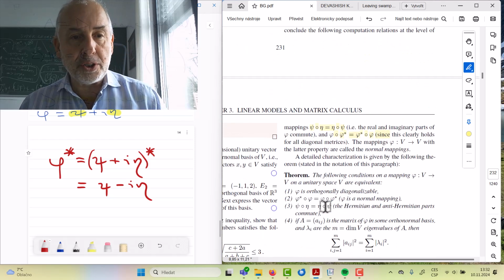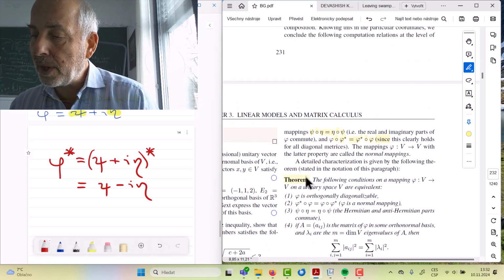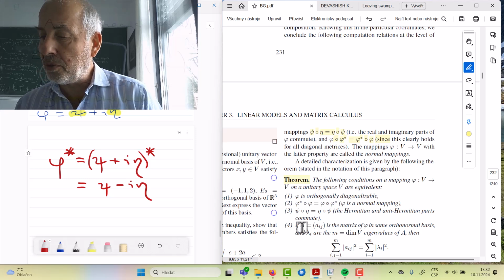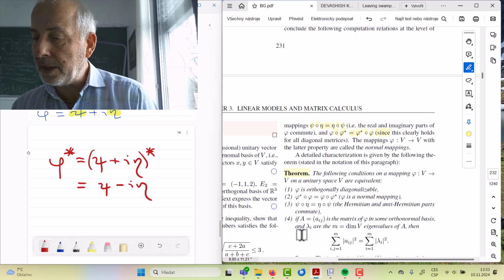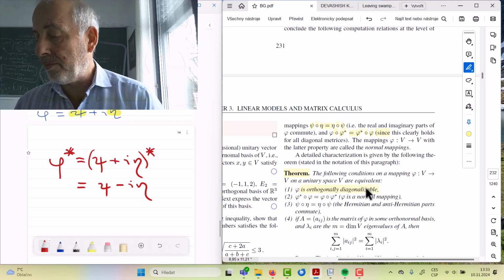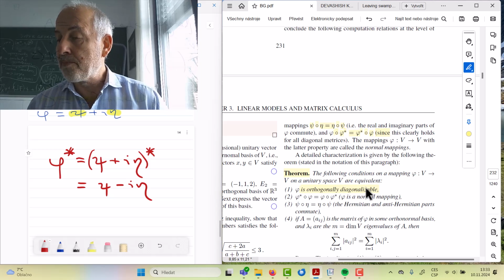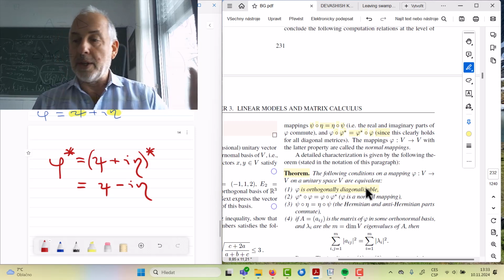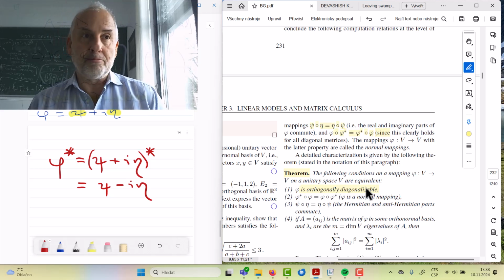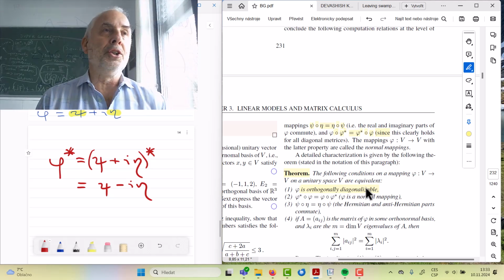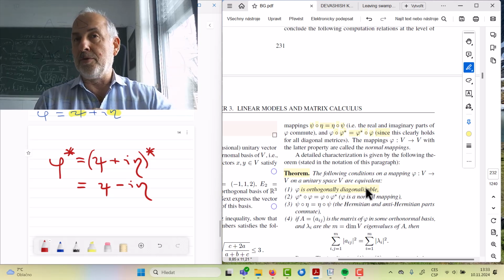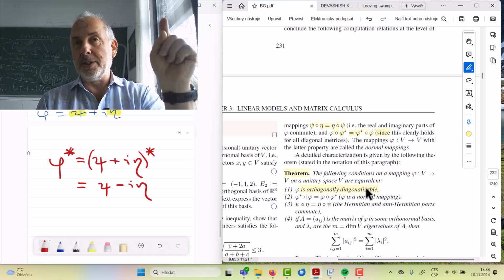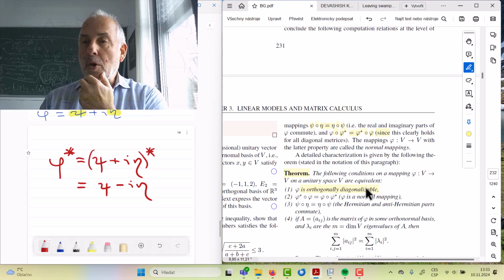And here we have the complete theorem, and it says that all 4 conditions in the list are equivalent. The first one is the definition that there exists an orthonormal basis for which phi will be diagonal. Of course, then it's diagonal in the corresponding orthogonal basis, because if you don't normalize the basis elements, it will result in some constant in the expression of the matrix, so it will be